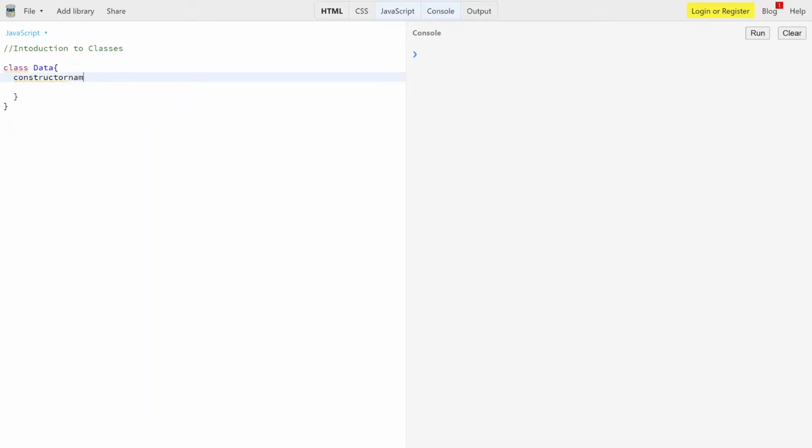So I'm describing a constructor over here with the input parameter name, and then I'm assigning this dot underscore name to name. Why do we use underscore? That's the concept I described in the previous video. It's because of privacy. I don't want my name to be accessed externally. That's why I'm describing it in this way.